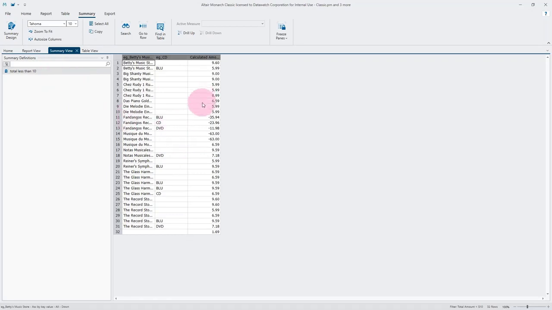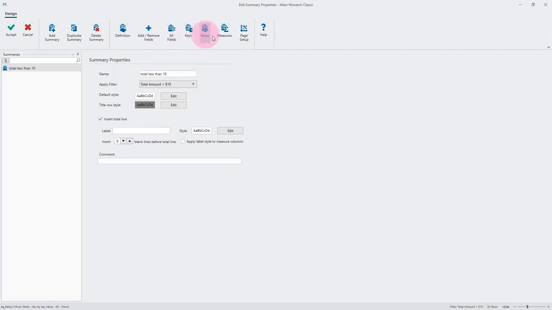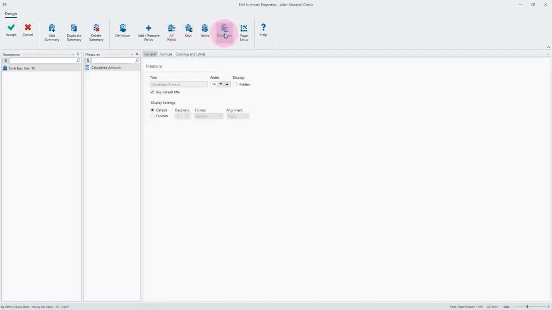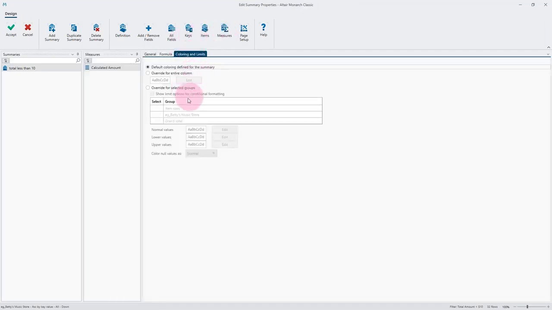Again, not a lot of time to go into all the great details of summary, and unfortunately I don't have time to really show you. The nice thing with the summary in Classic that data prep doesn't have is the ability to do color limits. So if something's out of spec, you could color that as something like, so let's see, trying to